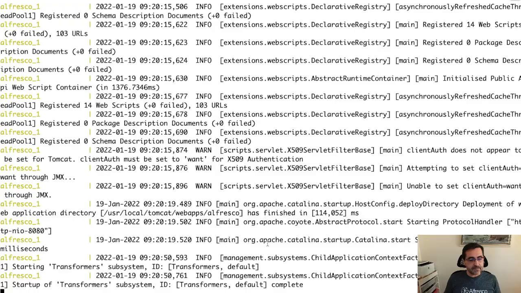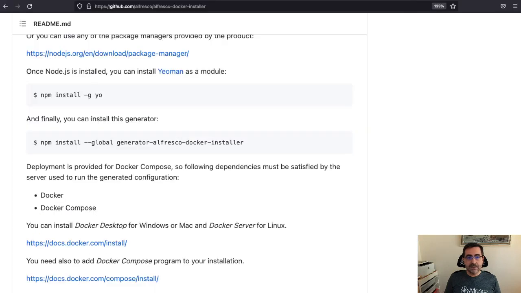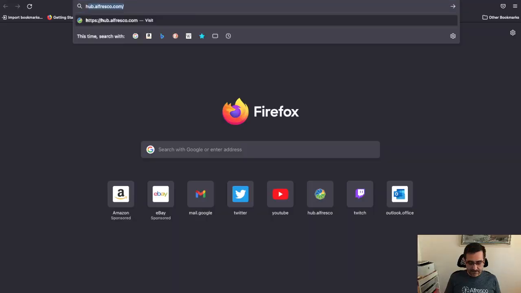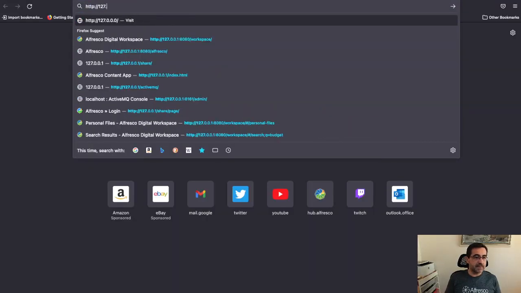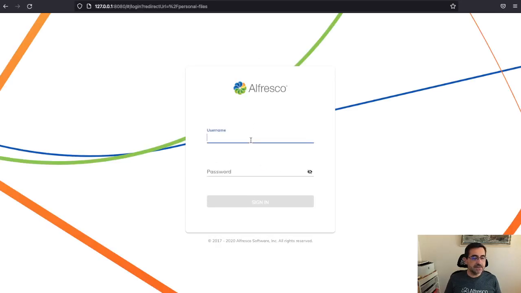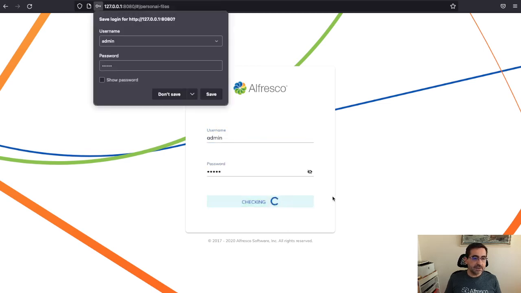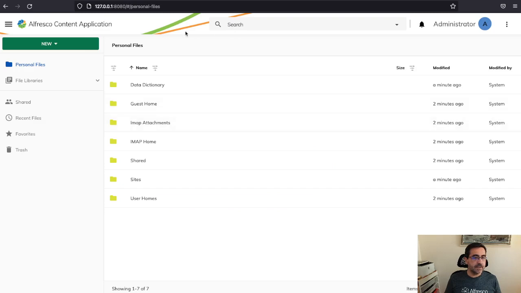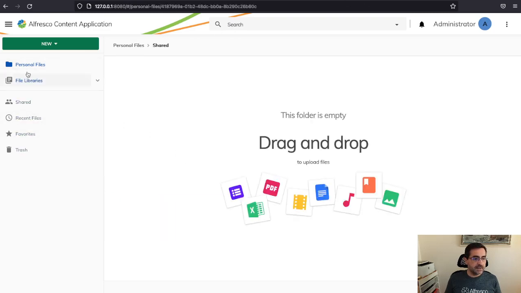And if that started fine, and it looks like we have that up and running, we can just explore the different applications that Alfresco is providing by default. So let's start with this one, that is the UI. So this is the Angular UI, the content application. So you can see all the different options from the Alfresco